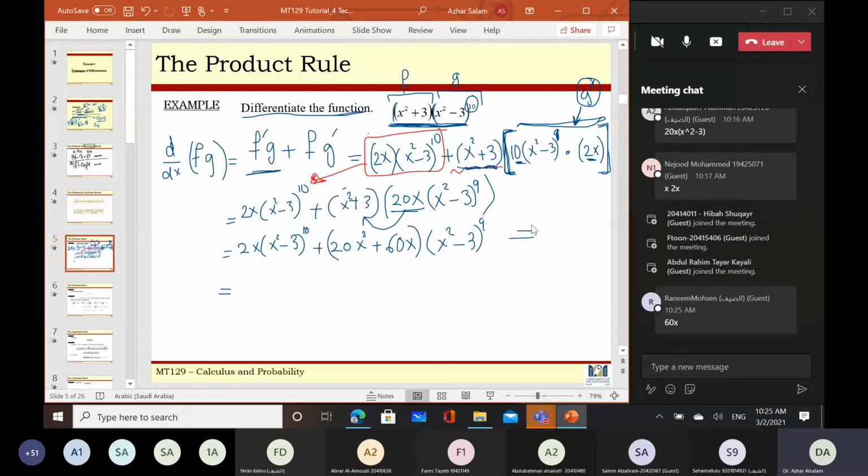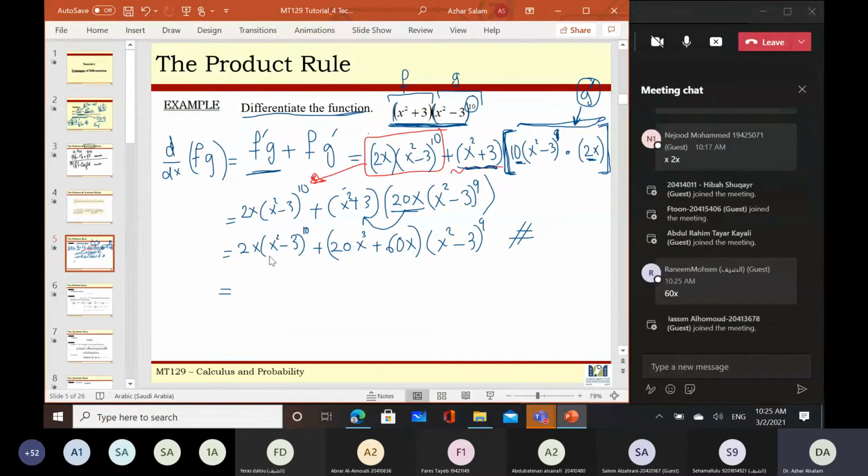طبعا أقدر إني أوقف هنا. أنا أعتبر خلصت. But for more simplification, I can take here 2x as a common factor. Okay, عندي هنا 2x وعندي هنا 20 و60 وأيضا x و x أقدر أخذ منها x و2 كعامل مشترك. Okay, so